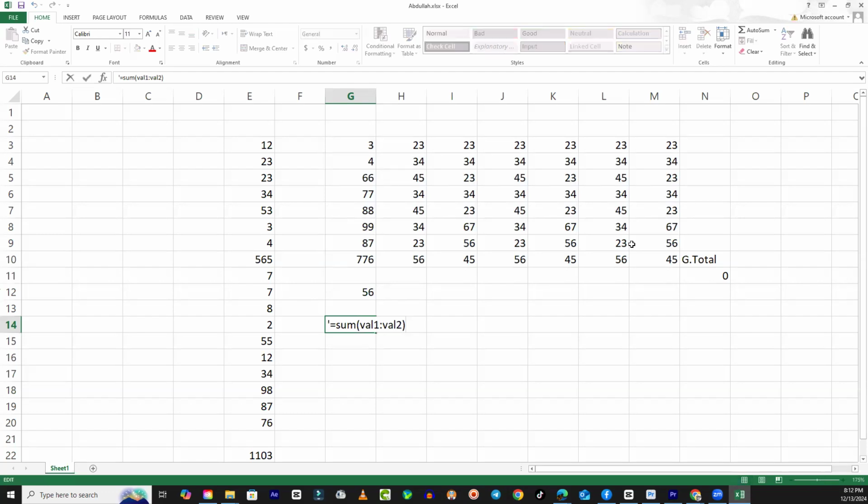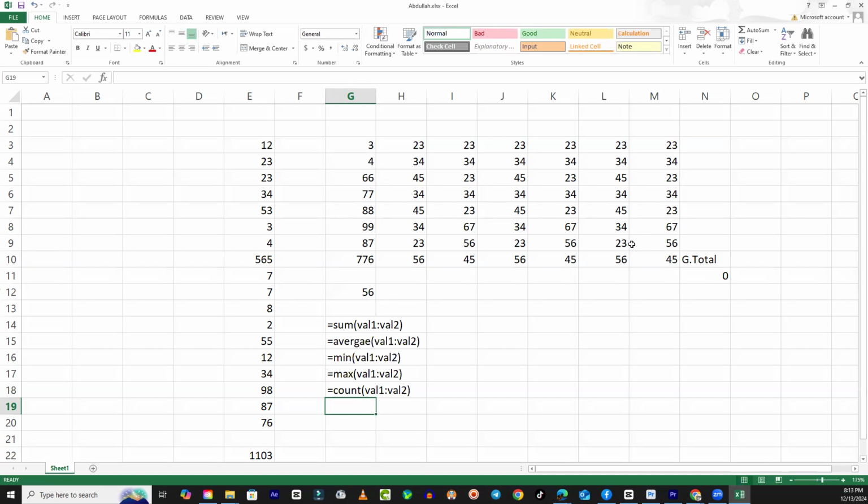Then we discussed average, then minimum, and then maximum, and count. These 5 formulas we discussed and learned today,